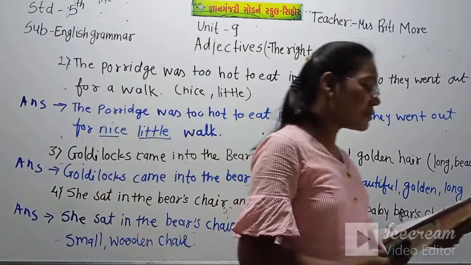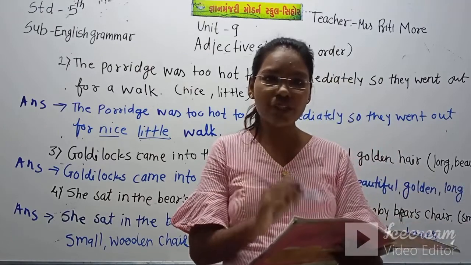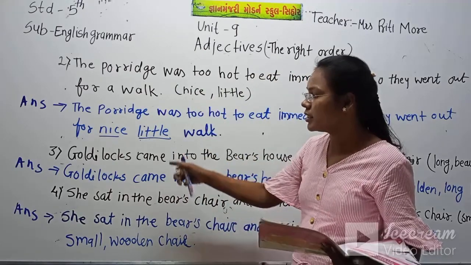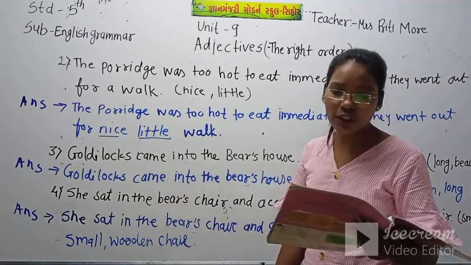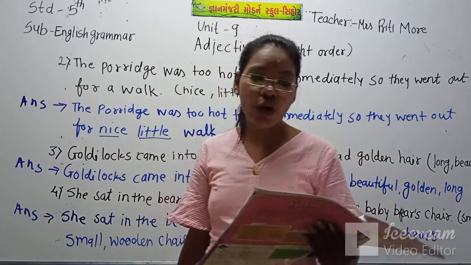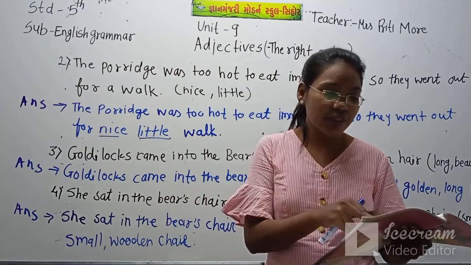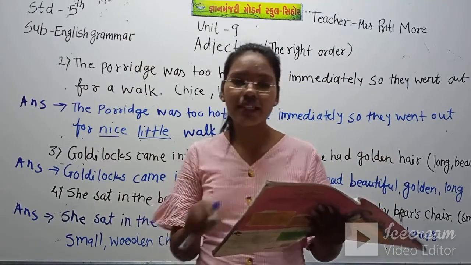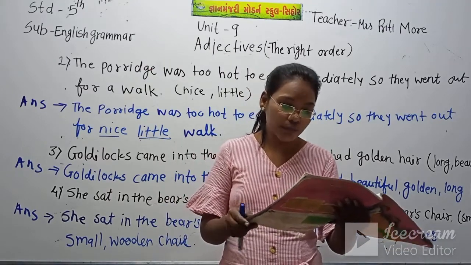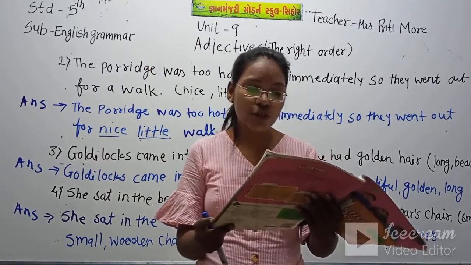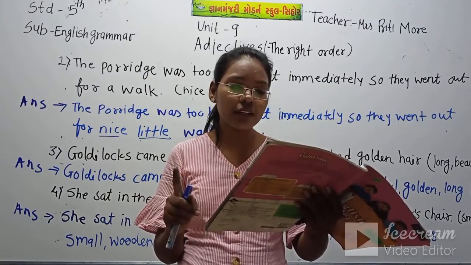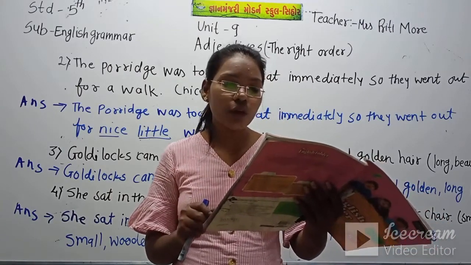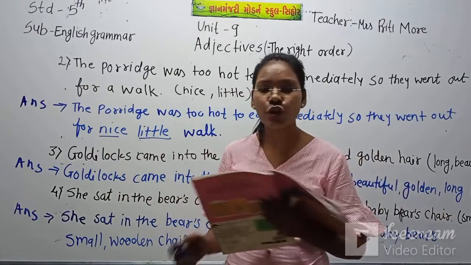So these three sentences we have completed here because the first one is already done. The second one we have done, third one we have done, and the fourth one we have done. Now it's homework time, so I give you two sentences, this fifth and sixth sentence you have to complete on your own. Put the adjectives in their proper order, and the extension exercise is also your homework. Choose the correct opinion to complete each sentence. This is also your homework.